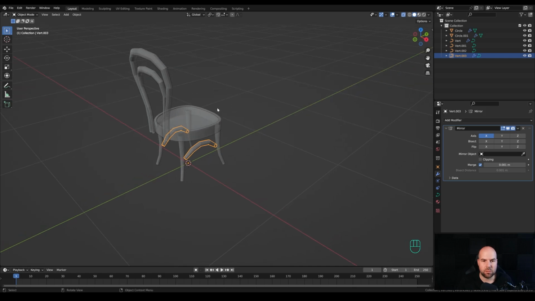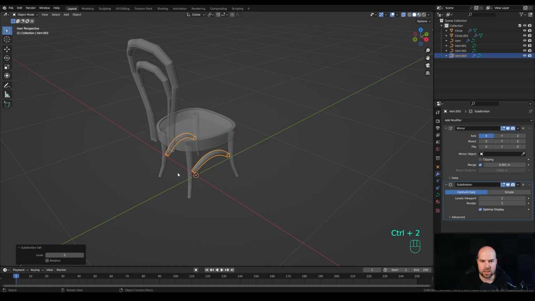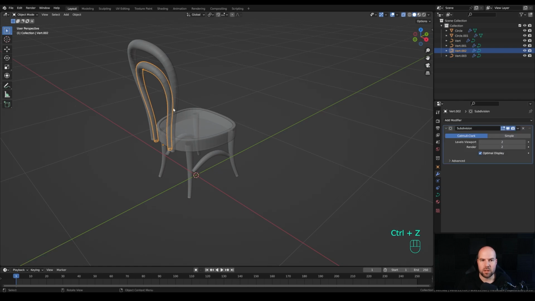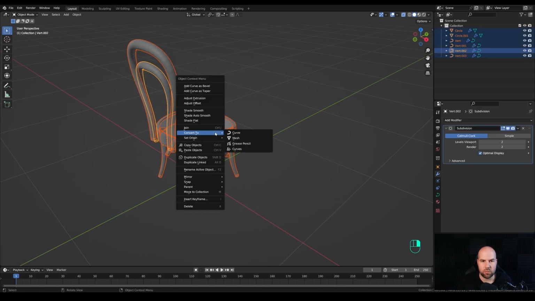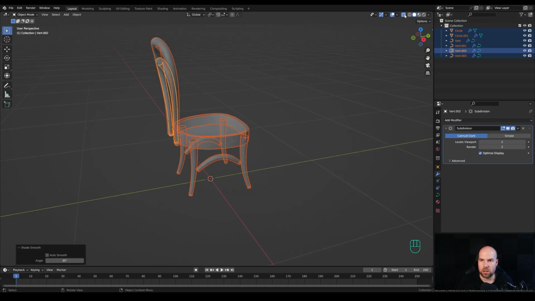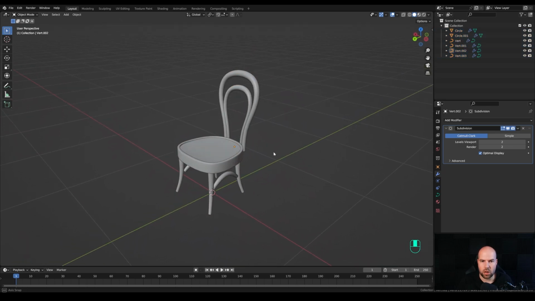So now we just need to make sure everything is nice and smooth. So let's press Ctrl 2 to add subdivision modifier right here, and let's do the same for the legs and for these parts as well. And now with everything subdivided, we can just select everything, right click and shade smooth. And basically now we can just turn off the X-ray view, and we have a nice smooth chair that was